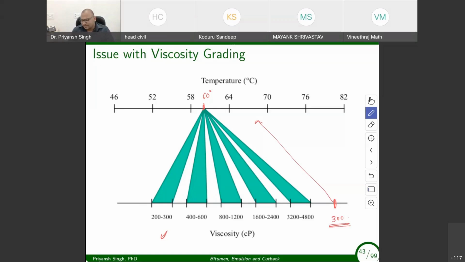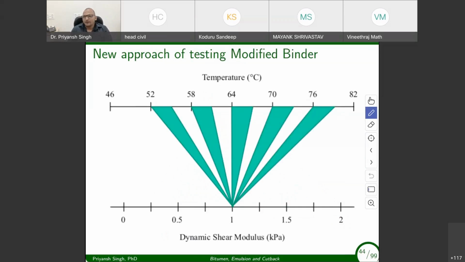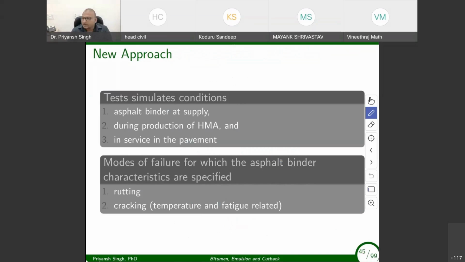The same thing is being adopted partially in the new code. What I mean to say is, we need to fix a performance criterion and check at what temperature this performance criterion can be fulfilled by a particular binder. This is the idea used in Superpave, and our modified polymer modified binder codes are also using a similar kind of idea. So the new approach basically